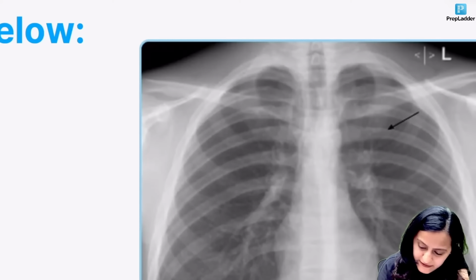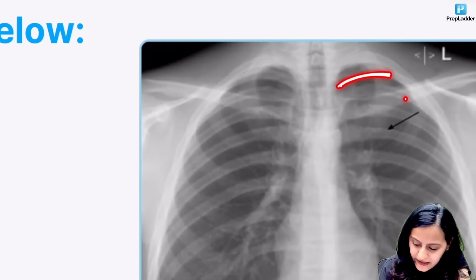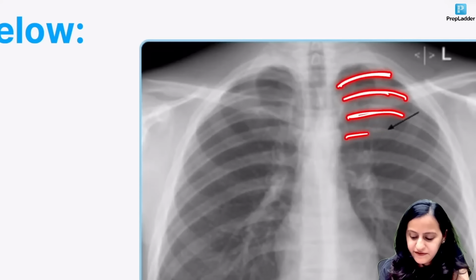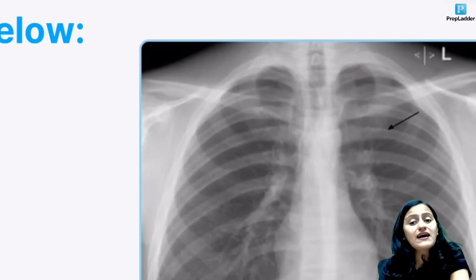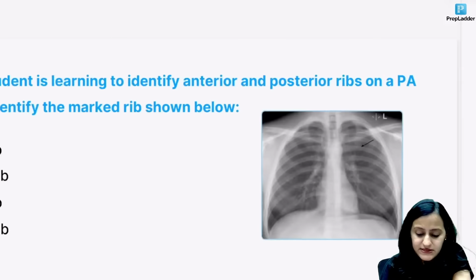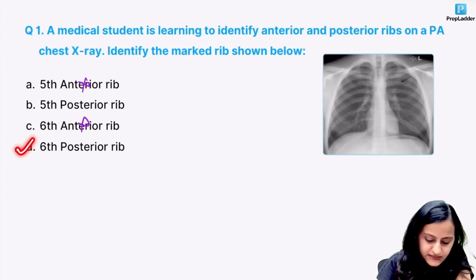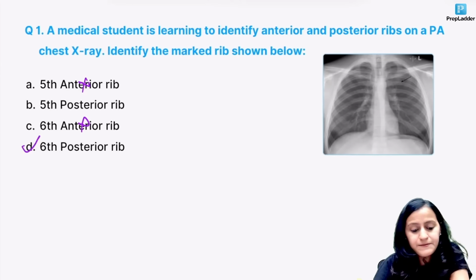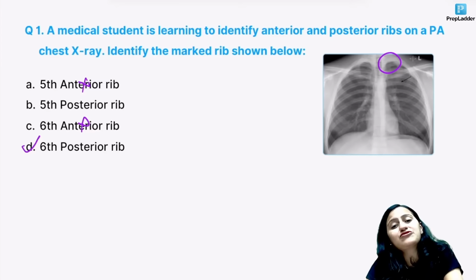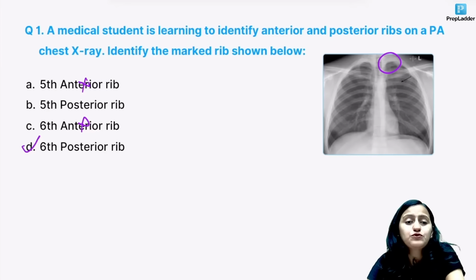Then what you have is third, fourth, fifth, sixth. Below that, this one is the third. Then you have this which is fourth, this is fifth, and this is sixth. So what is the answer going to be? The answer is going to be the sixth posterior rib. Is it clear with everyone? A commonly made mistake: remember that the first and the second rib, the posterior parts, tend to overlap. Do not make a mistake there in counting.